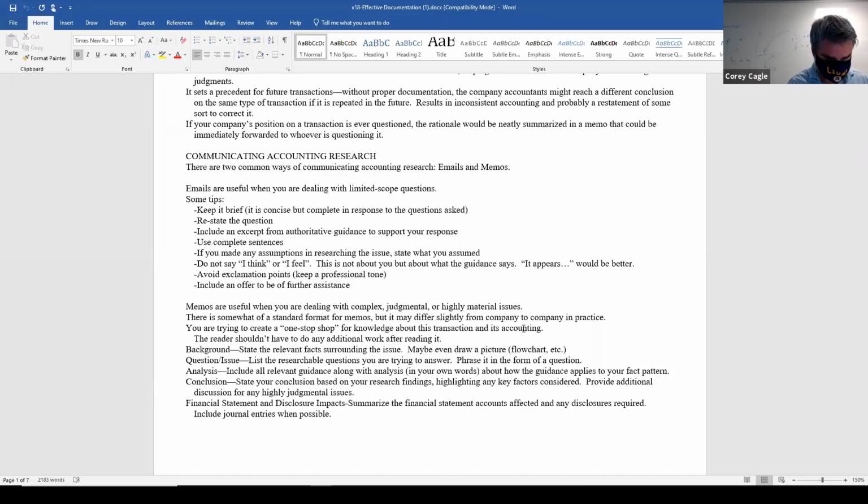Let's see. Here's one that begins. It says, the U.S. Treasury notes are maturing within the next year. We're starting out in the middle of a thought. So we need to restate the question just to build that background or rebuild it and say, hey, you asked me. Here's a good one. You've asked me to research about a client's U.S. Treasury note that was purchased 5 years ago. That's a perfect beginning right there.